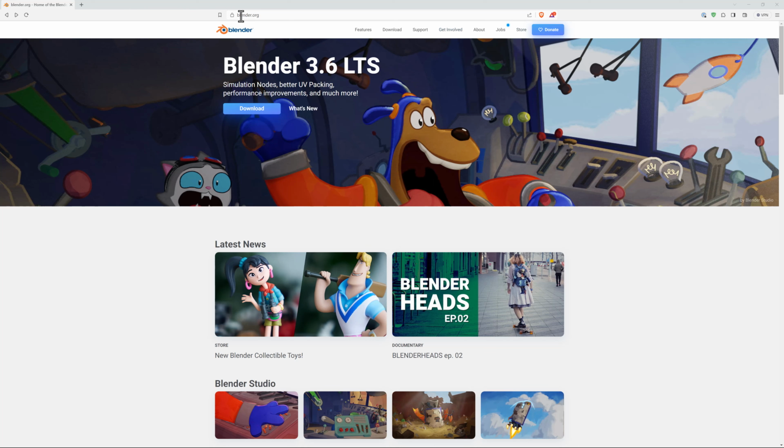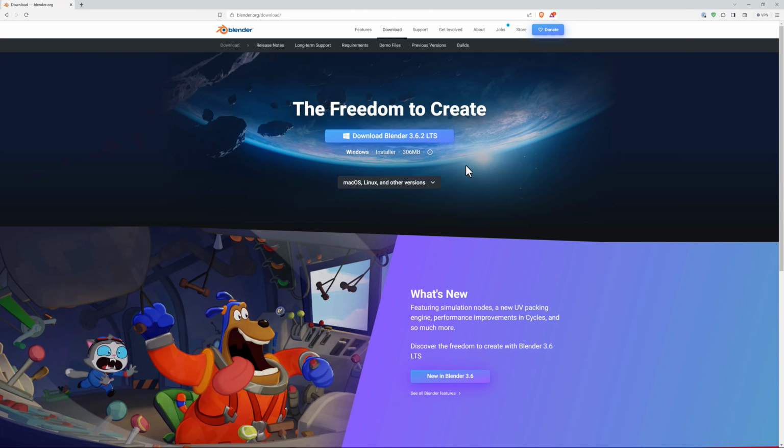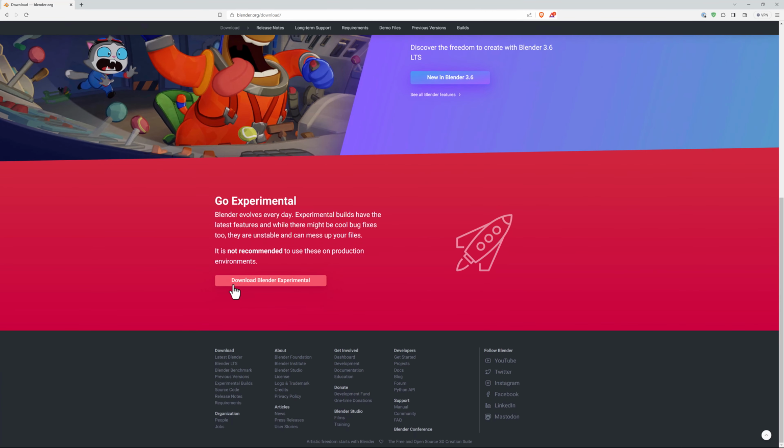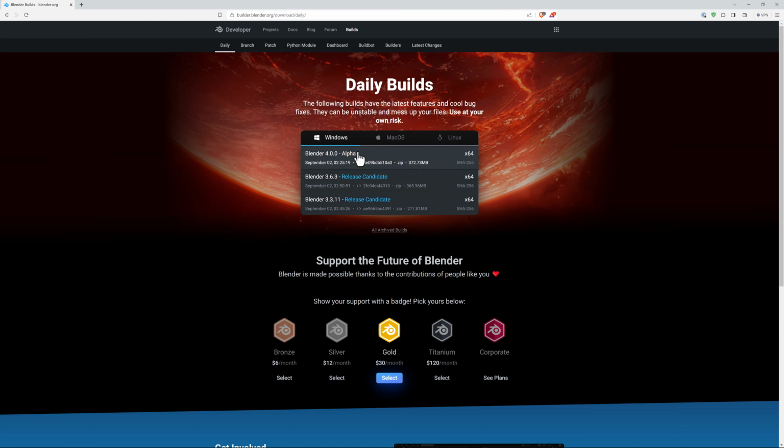If you visit blender.org, go to the download section, scroll down and look here in the experimental section. You'll see that we have an option to download Blender 4.0 Alpha. I don't need to remind you, I guess, that this is alpha software.